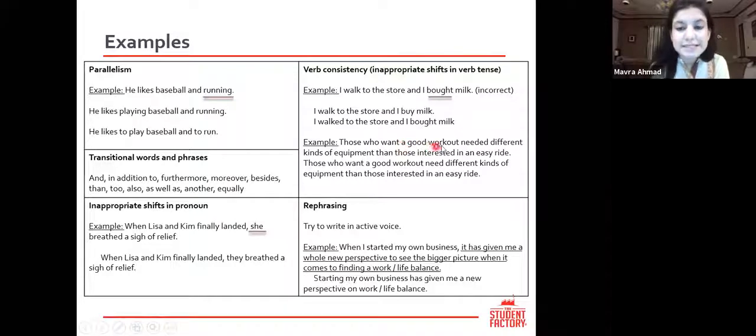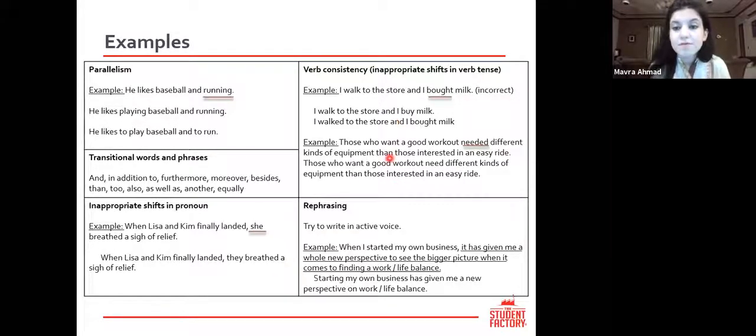अच्छा, अब ये sentence हम start में जब पढ़ रहे थे तो ये present tense था, एकदम से needed past tense में आ गया. So this is not making sense when we read this sentence. How we can correct this? Let's correct it. Those who want a good workout need different kinds of equipment than those interested in an easy ride. Yes, now this makes it very clear कि हमारे पास